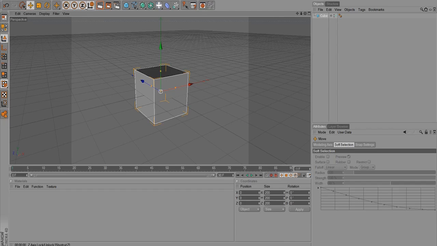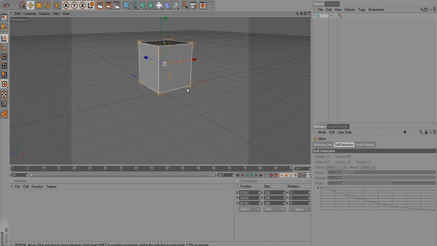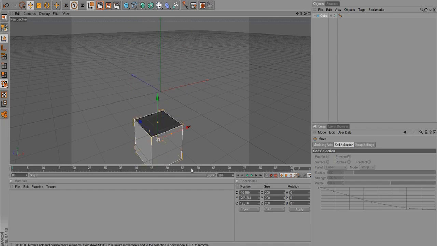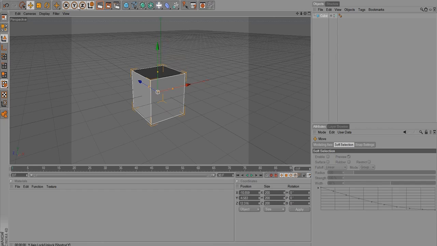The X, Y, and Z indicate what axes you are allowed to change things in. For example, right now I'm on the move tool and I have all of these selected. So if I just grab onto the cube and start moving, it's going to move in whatever axis I want. But if I shut off X and Z and I just start moving it around in a circle, it's only moving on the Y axis. And so this is for restricting the axes that you want to be able to make transformations on,